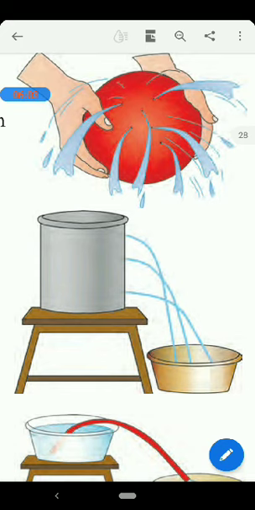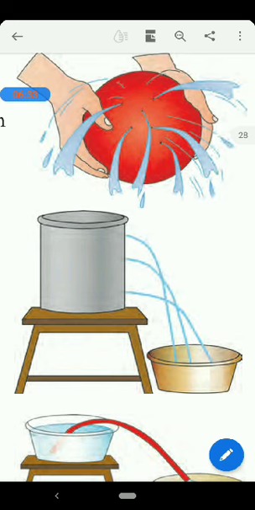Next, water does not have its own shape, but it has a volume. What does it not have? It does not have shape, but it has a volume. It can pass through a small hole or seep through very small gaps or cracks. That's why we are unable to store water in a container which contains even a very tiny crack, because it will flow out of it.